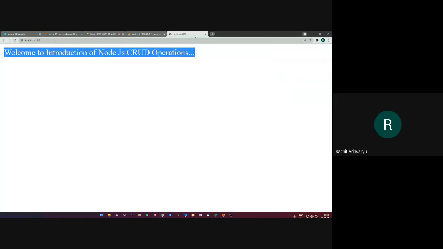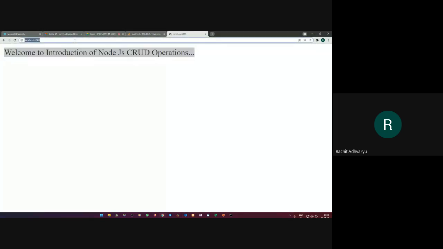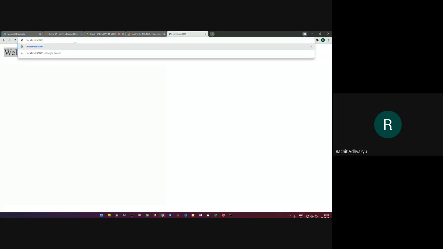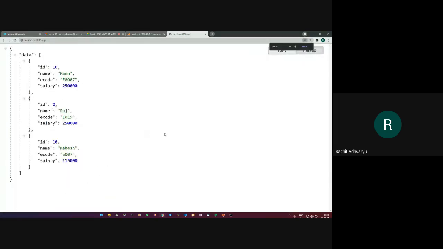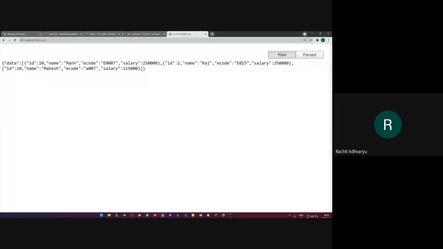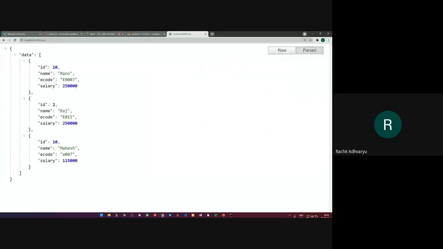So let's go to the URL, and after this 5000, let me write down EMP. And if I hit enter, this is what my data is. You can see on your screen, you can have two types of data, a raw data in the form of JSON or a parsed data in the form of JSON. Whatever you like, it's the same.